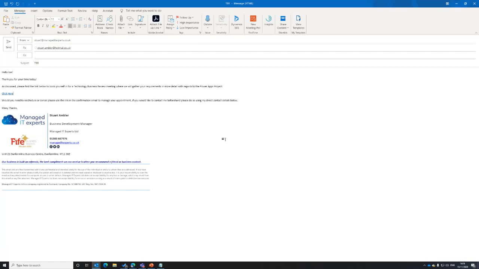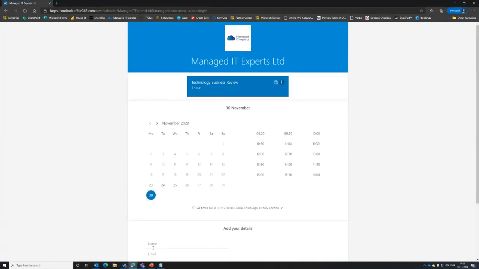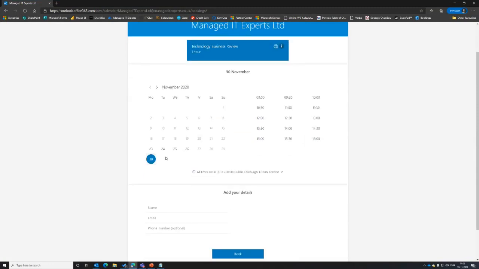And how this starts is we send out an email which has a link for them to use an app called Bookings. So that's something that we use internally. It's called Bookings, and it allows the client to book an appointment at their leisure with myself or with another member of staff, whatever suits them. Gives them access to our diaries essentially. And how that looks, if I can just pull up the right pages, they'll click on that link. It will take them through to this page, and they'll then be able to pick what date suits them.